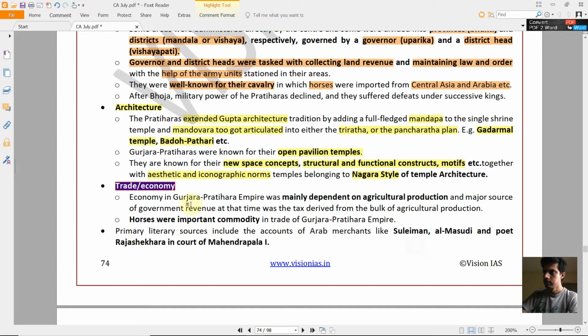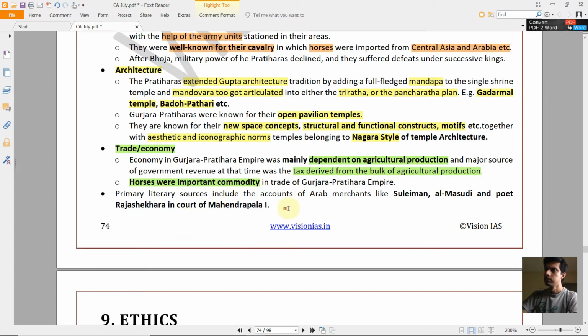Then we'll select how the trade and economy depended mostly on agriculture. There was tax derived from the agriculture produce. Horses were also an important commodity. They were imported from Arabia, as we have read earlier. And then there were the literary sources, on the basis of which we are able to tell the exploits of the Gurjara